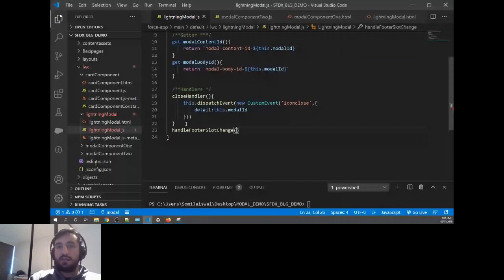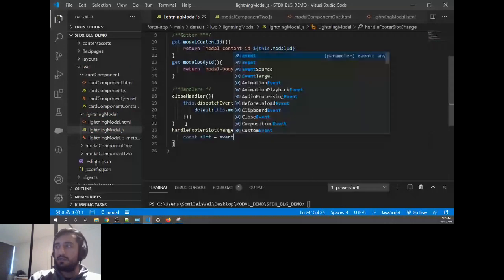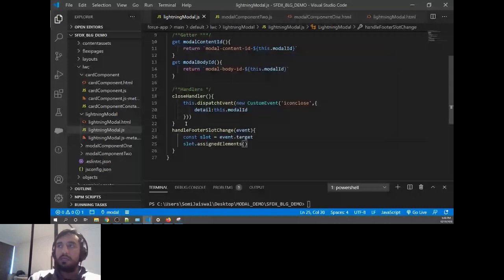It will receive an event. We'll say const slot equal to event dot target. It's storing the target, and within the slot there is a method called dot assignedElements. It will send you back an array of elements that are coming in the slot.